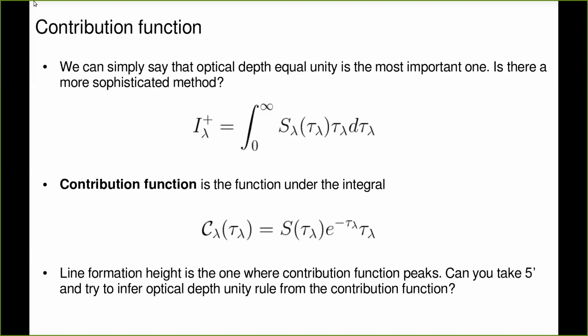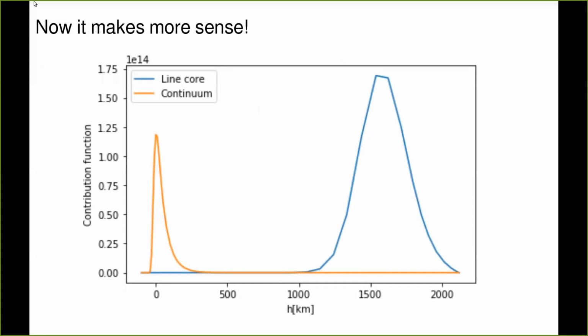So probably when we go to UV, where things depend much more sharply on the temperature, and also in regions where the UV things are formed, the temperature varies much more widely, the contribution function would make more sense than just looking at log tau equals 0, which means tau equals 1.